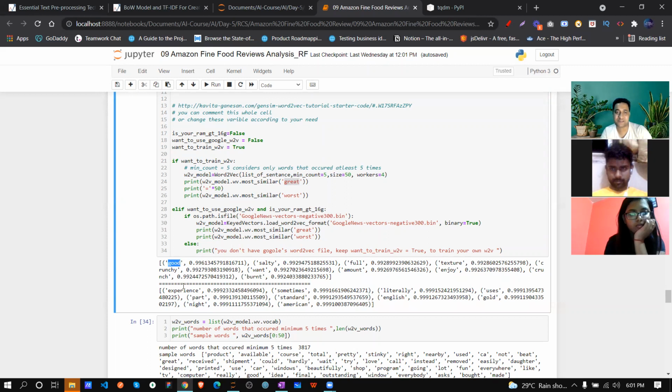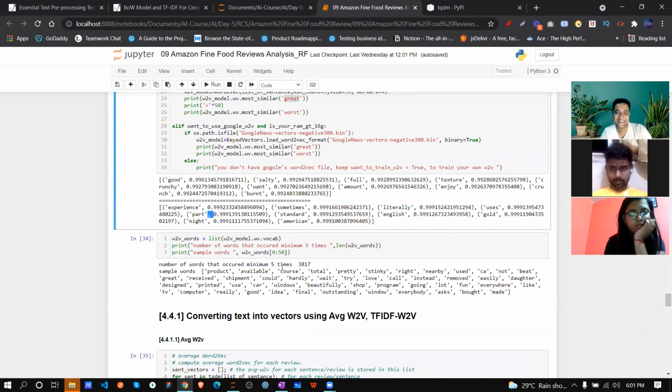For worst, it shows things like this experience, sometimes literally uses standard American blah blah, so all those things are bad, nothing is good. Now we are checking the vocabulary: after keeping words with 5 times minimum, my vocabulary size came to 3817. So it was totally reduced.